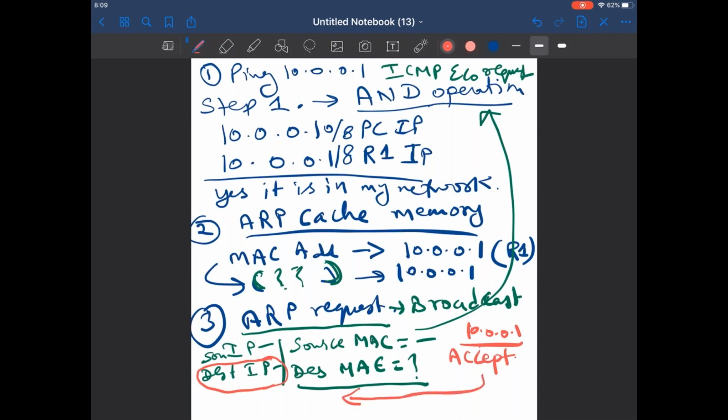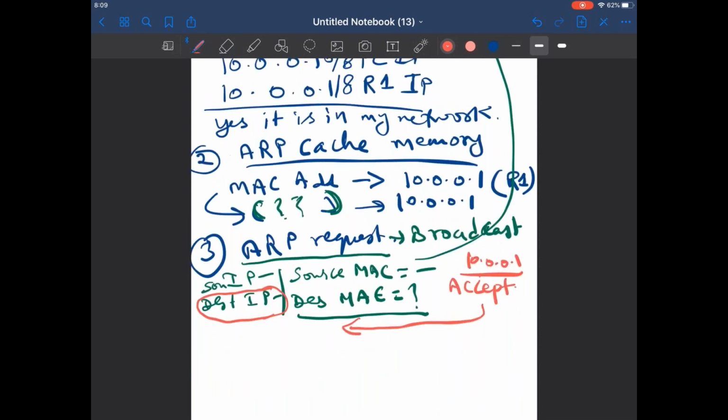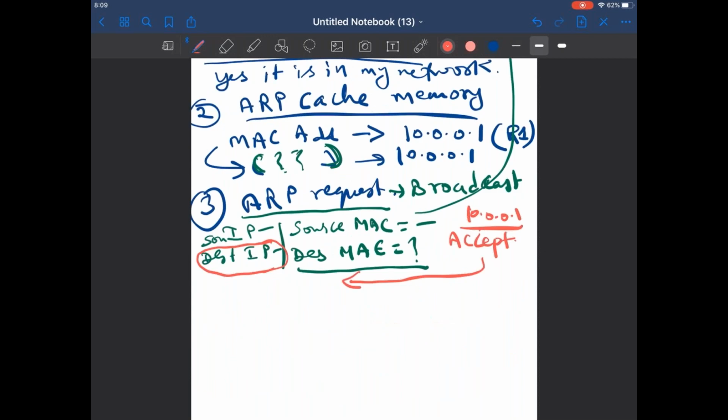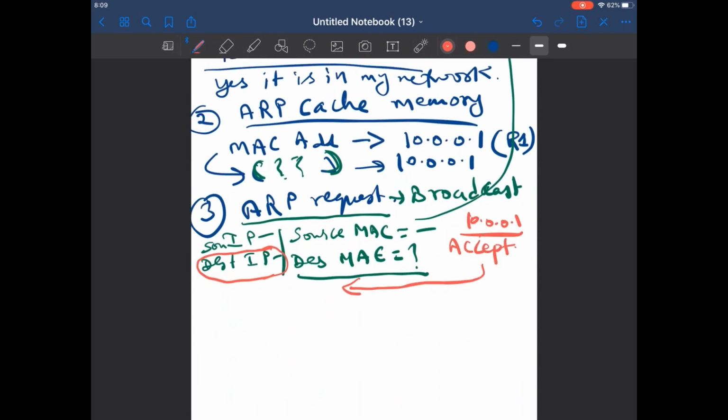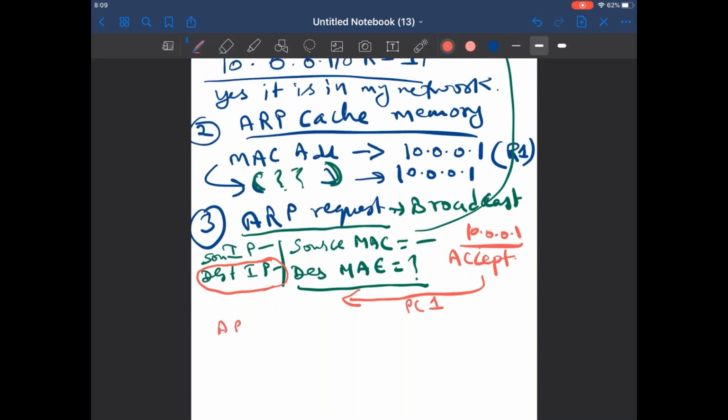So R1 will accept this and reply back to PC1 with a unicast ARP reply. In the ARP reply by R1 to PC1, the destination IP is your PC IP and the source IP is your R1 IP.